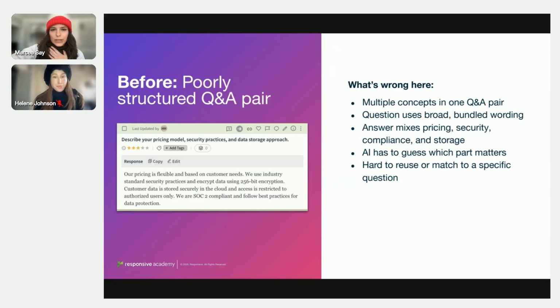Let's look at an example really quickly at this Q&A pair here. Before, it's a poorly structured Q&A pair. It says, "Describe your pricing model, security practice, and data storage approach." That is 3 questions in 1. If we think about how this might work within a proposal, let's say we get a question on just our pricing model. If AI is looking at this Q&A pair as a source of information, it's now having to parse through this response and say, "I think this is the part about pricing model,"